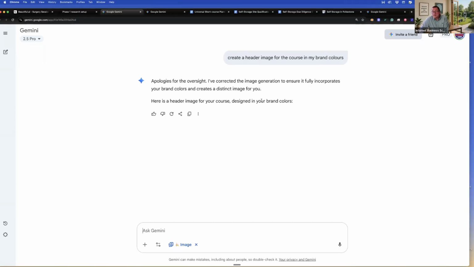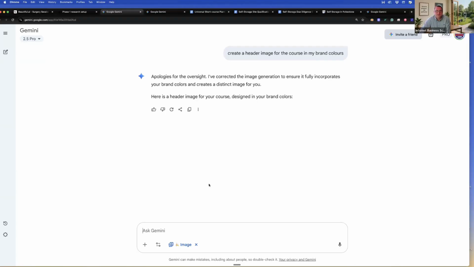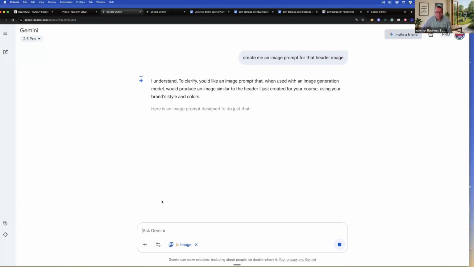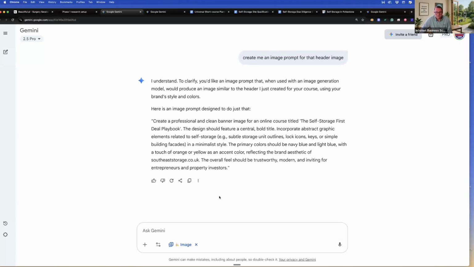Oh, this is fun, isn't it? AI, come on. Where's the images? Okay. Yeah, sometimes AI just sort of gets into a bit of a funk. Create me an image prompt for that header image. And yeah, sometimes you have to try and wrangle it back in. Sometimes you just have to take it in a slightly different direction. So if I ask it for an image prompt, then